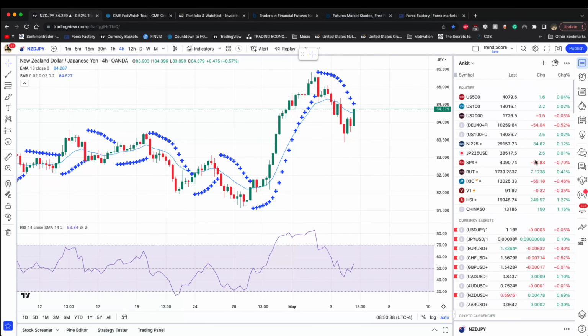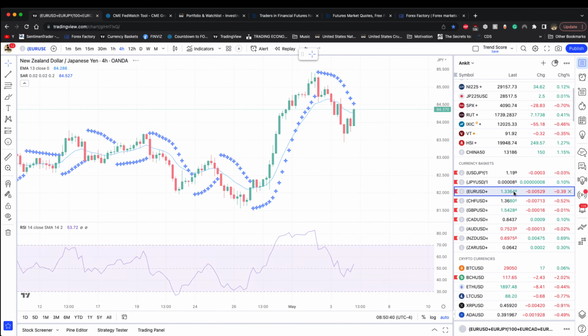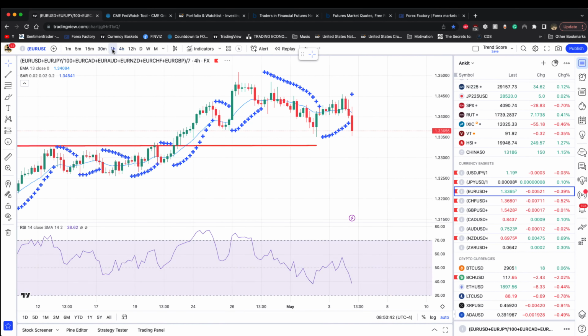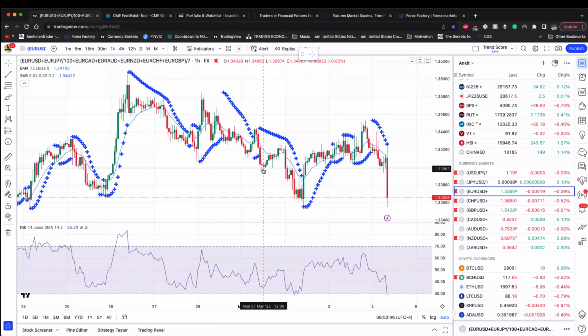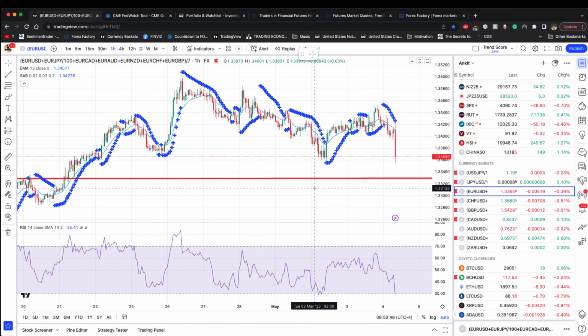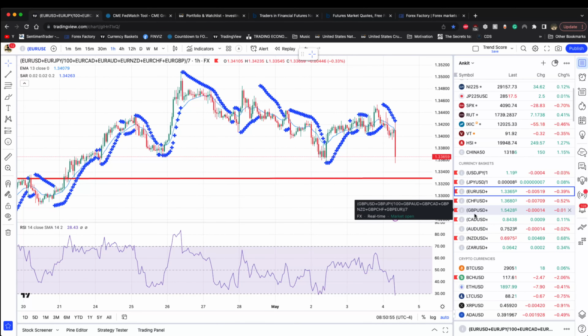But outside of that, I'm more drawn right in the middle here. Not really sure which pairs to pick right now, because we need to see activity, we need to see a movement to get behind it. But right now I'm not really seeing that big movement. All right, let me know if you have any questions.